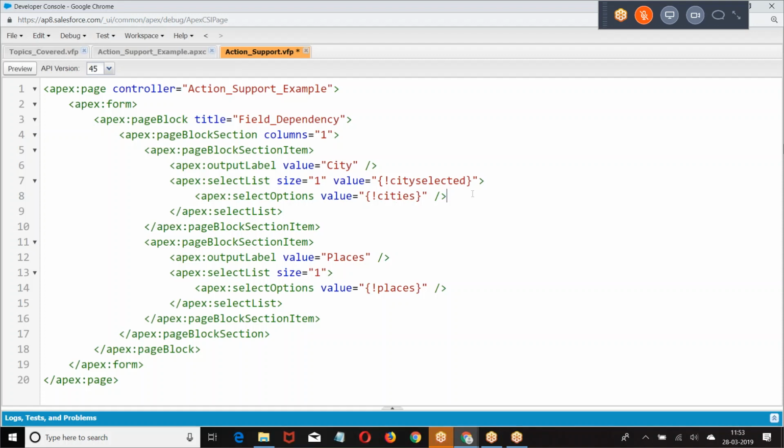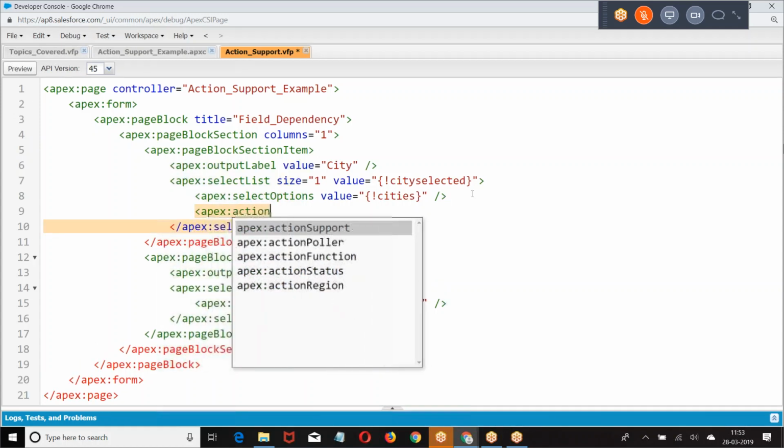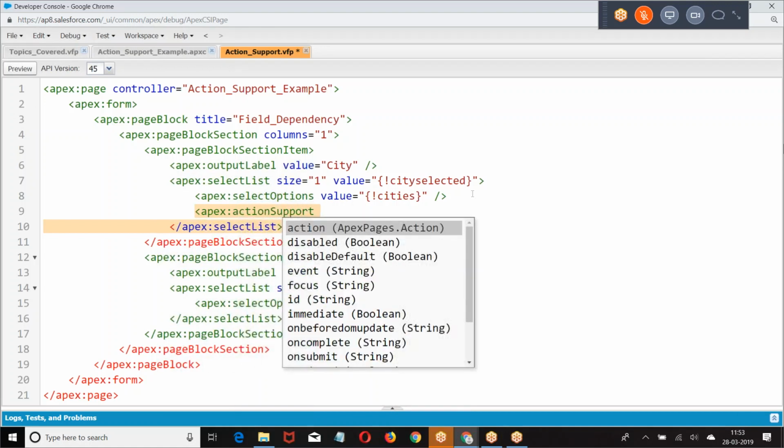When the event occurs on this element, you want some action to be performed. So what I'm doing, Apex action support, where I am writing within the element. In which element the event is occurring, in that element we are writing. Open input text, action support, close input text. Select list, open select list, action support, close select list.